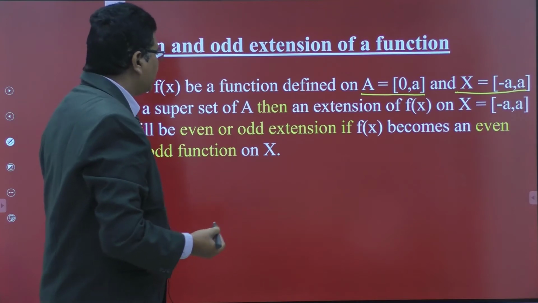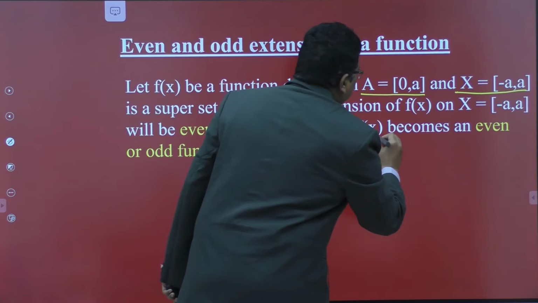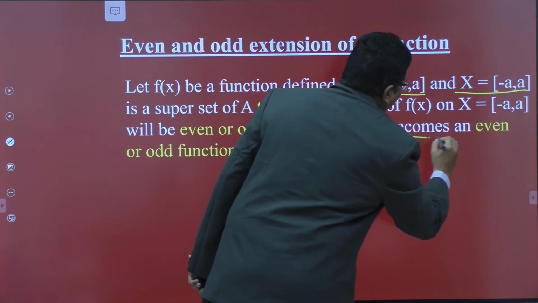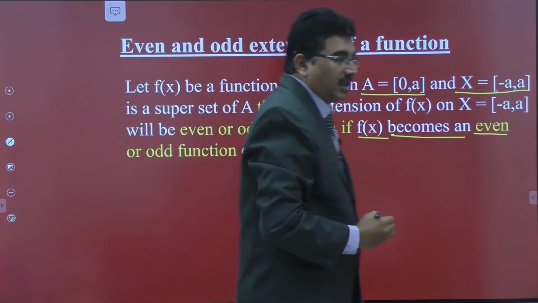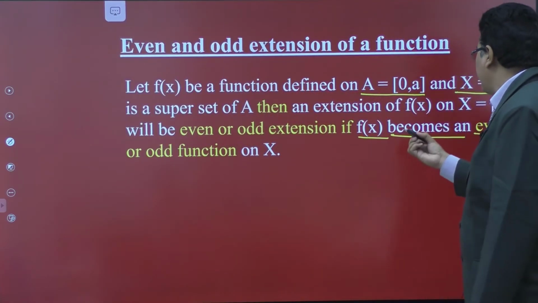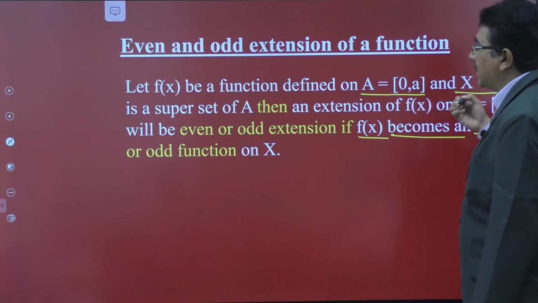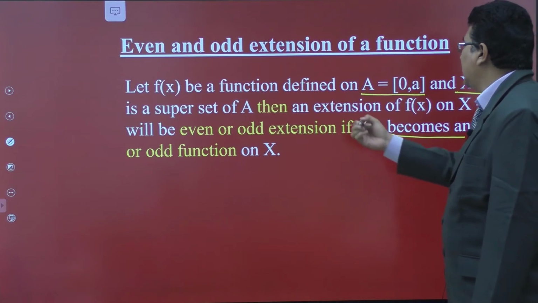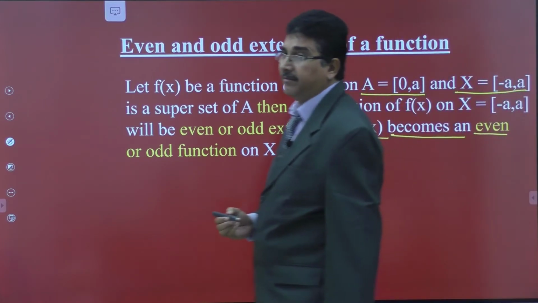Then, if f of x becomes an even function, see the definition carefully. If f of x becomes an even function on capital X, then the extension of f of x will be even.